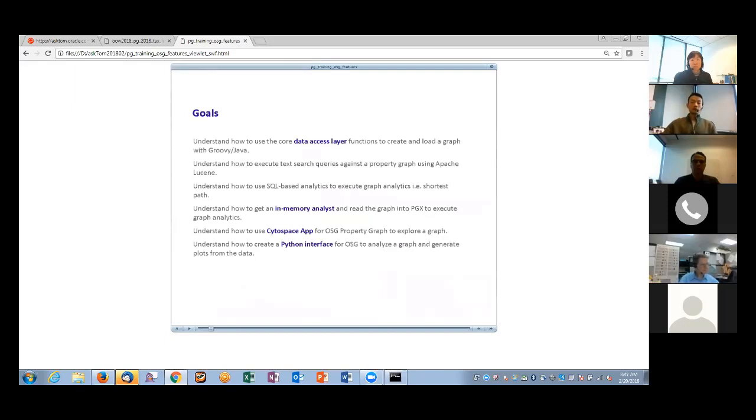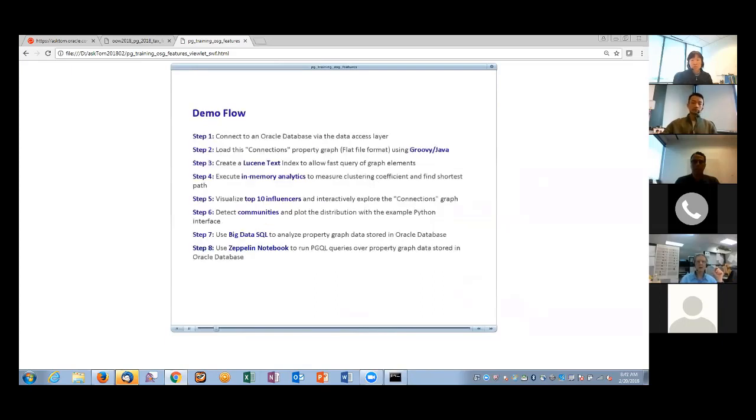Now there are a few key steps of this particular demo. The goal is to understand some of the key functions and to show some of the API calls of the PGX in-memory analyst, so some Python interface, Zeppelin interface, and a little bit of visualization using Cytoscape. We're going to start with connecting to Oracle database. Here we are using Oracle database 12.2, and the upcoming version is 18.1, which I think is getting really, really close to release. We are going to load up the graph data